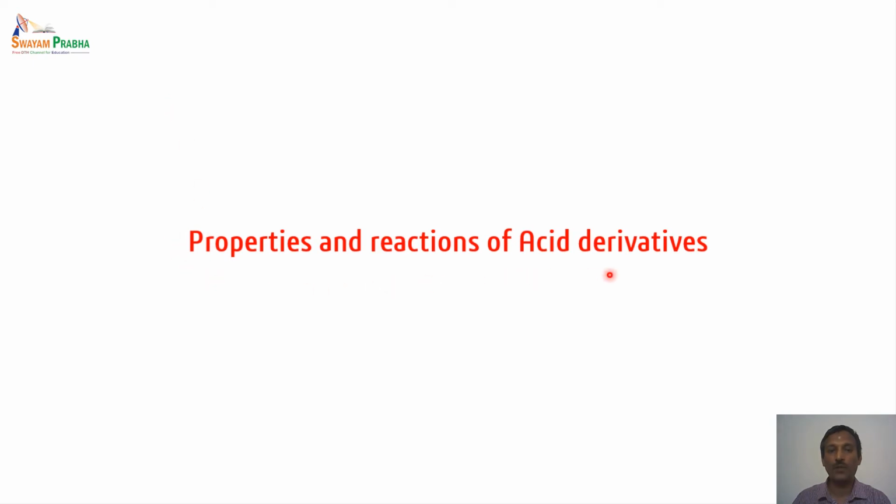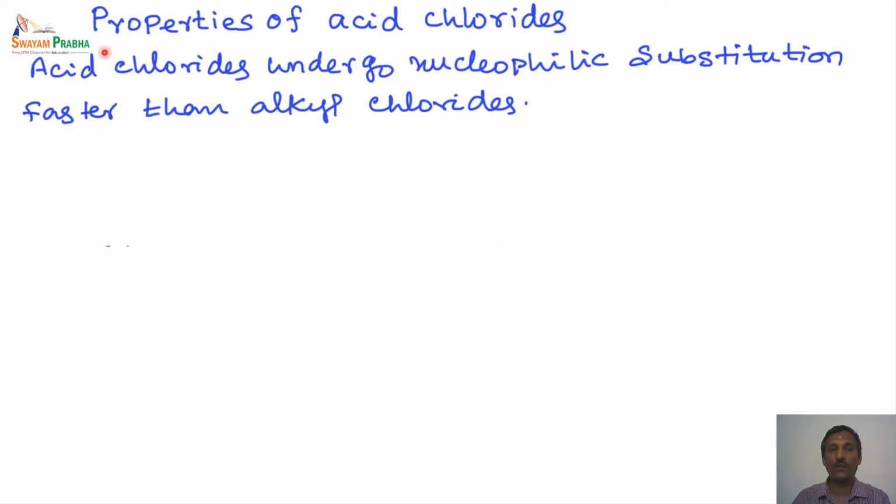Let us study about the properties and reactions of acid derivatives. So we will start our studies with the properties of acid chlorides. So acid chlorides, as we know, undergo nucleophilic substitution reaction faster than alkyl chlorides. So why do acid chlorides undergo nucleophilic substitution faster than alkyl chlorides? Let us see. So here this is the alkyl chloride, this is the acyl chloride. So we will now find out why this reacts slower compared to this one, or this reacts faster compared to